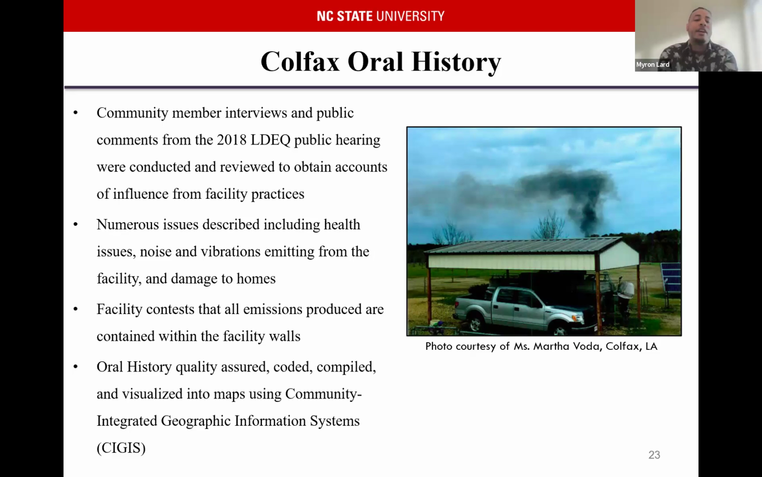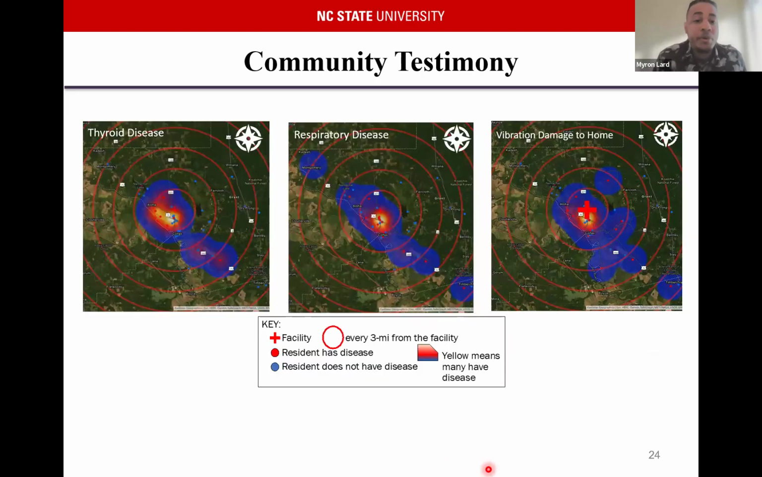stopped by that. And so we took the oral history that we gathered and we quality assured it and we coded it and put it into maps so that we could visualize a little bit how the facility was impacting the community. So here are a couple of those maps. And so the red crosshair on the map is the facility. And you can see that the residents that have issues are labeled in red. And so the hotspots are obviously directly around the facility. And you can see that even though it's not directly around the facility, we do have some residents reporting some